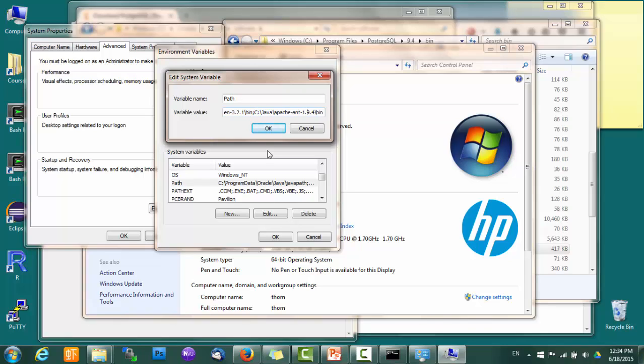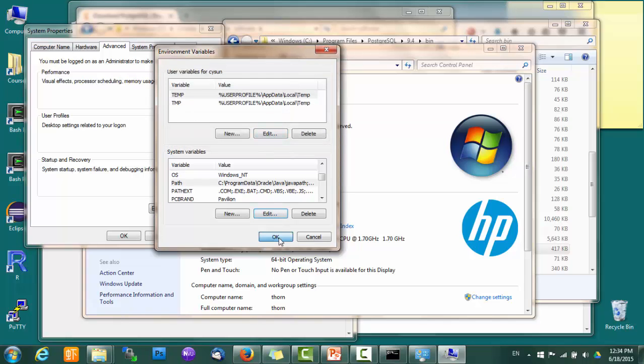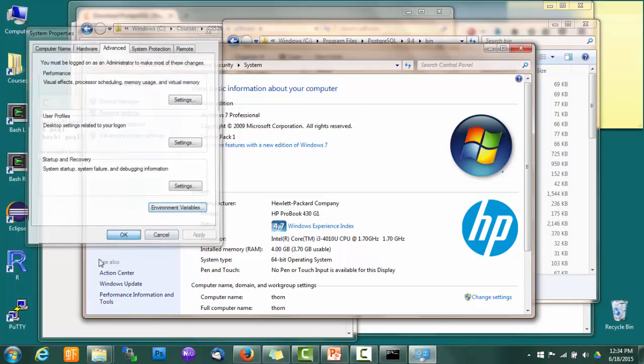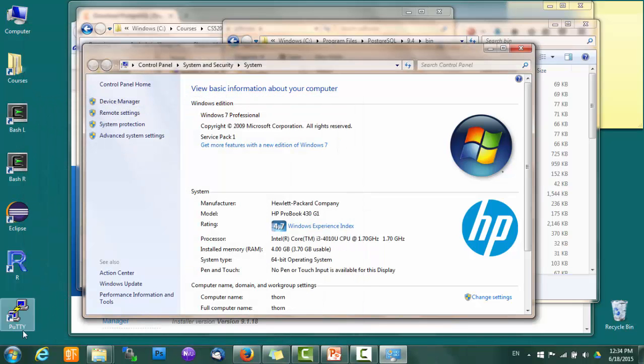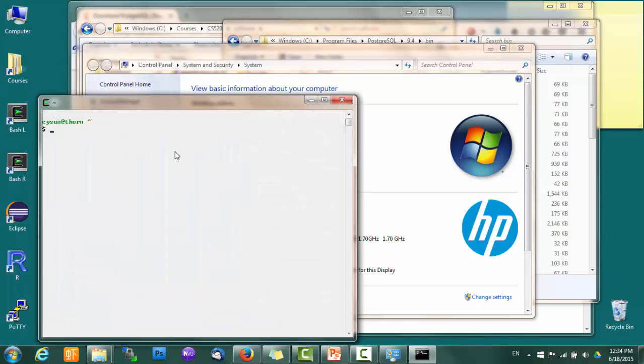So to add our path to it, add another semicolon and paste that path here, and that should do it. Okay, so if we open a command window again, this time Windows can find the client software, and now